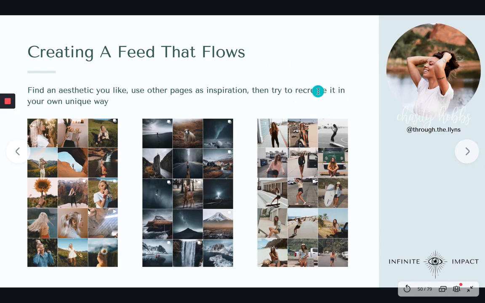And then the page on the far right, if you look at it, she's very beachy, very like skater girl. You totally feel that vibe as soon as you get to her page. Kind of like a vintagey look too. But yeah, that total beach babe, skater girl vibe is coming from this feed. So when you're looking to create a feed that flows for yourself, find these accounts. Find the ones that speak to you, your vibe, who you are as a person, and then try to recreate that. Use that as inspiration. Try to mimic their edits when you're first starting out, and then obviously build upon that, build your own style. But yeah, using other accounts as inspirations is a really great way for yourself to learn.